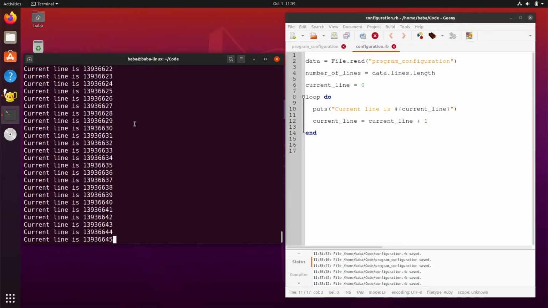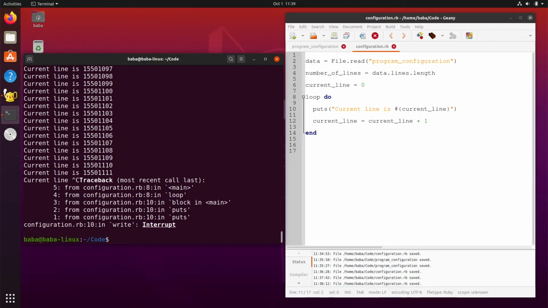So you see the program is running here, and to stop it on your keyboard, you want to press Control C. If you press Control C, this is going to happen. Don't worry about this really. What Control C does is that it interrupts the program. So the program was running, and we pressed Control C. It sent a signal to the program, and the program was interrupted. We can see that we reached 15 million. Wow. Anyway,